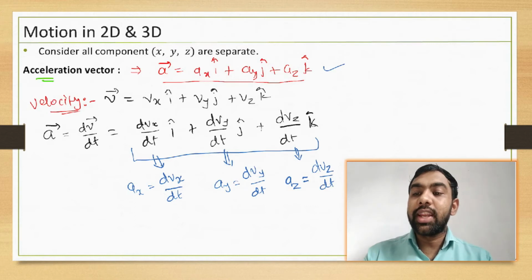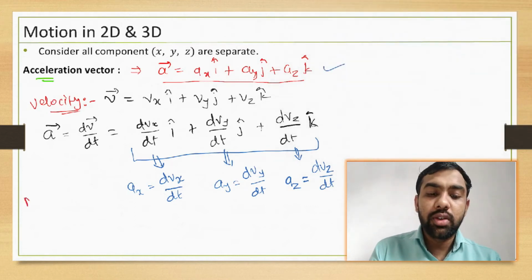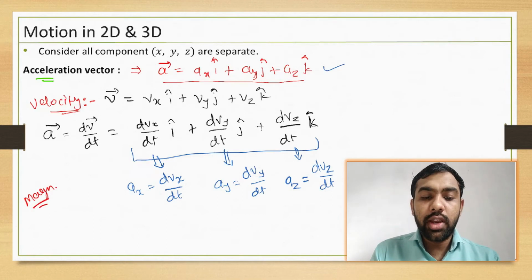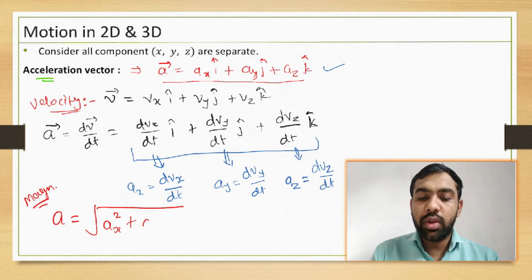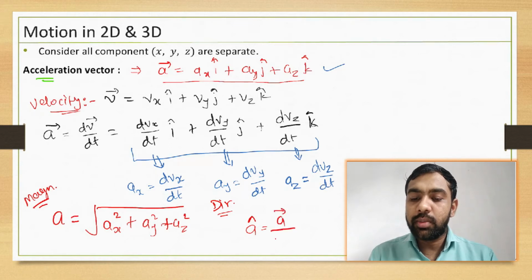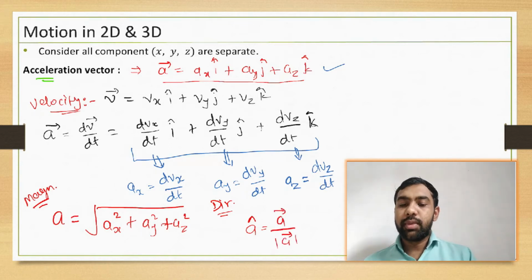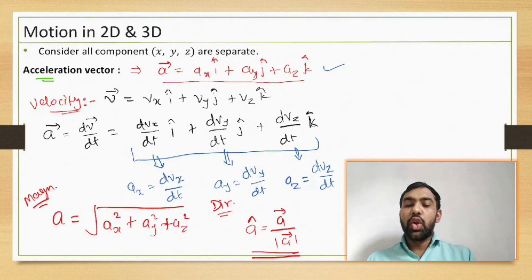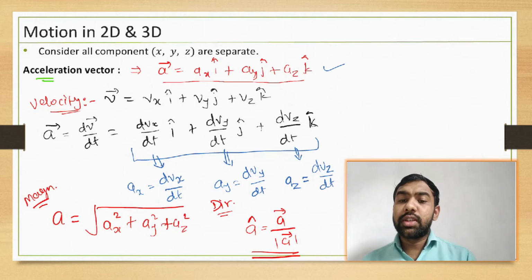Okay, now what is the magnitude? If you want to find out the magnitude, again use the same rule. So acceleration is equal to under root first component square plus second component square plus third component square. And how do you get the direction? So direction of acceleration is found by the unit vector. So unit vector is equal to what? Vector upon its magnitude. मतलब किसी भी डायरेक्शन चाहिए तो सबका यूनिट वेक्टर फाइंड करना है, तो इस तरह से आपको मिल जाएगा. Okay, means whenever you get this answer, you apply this concept.